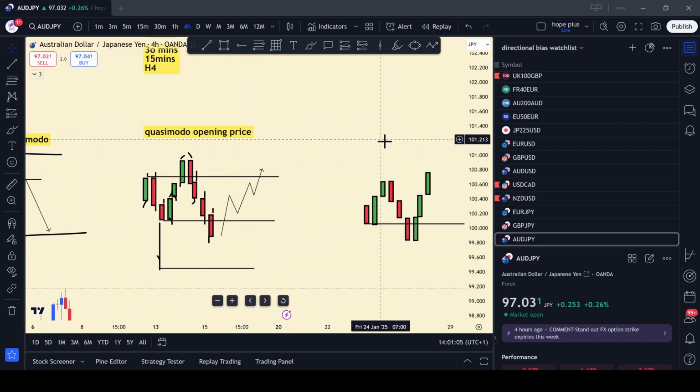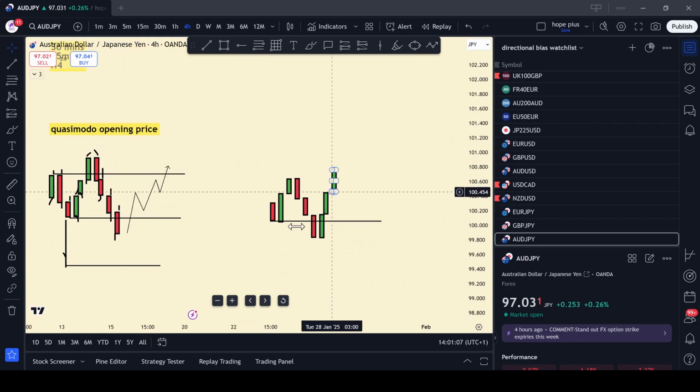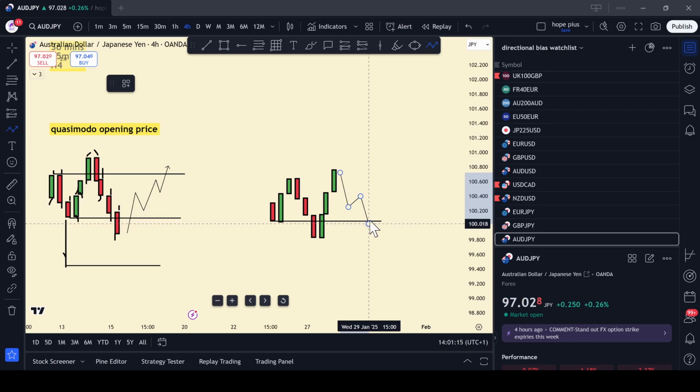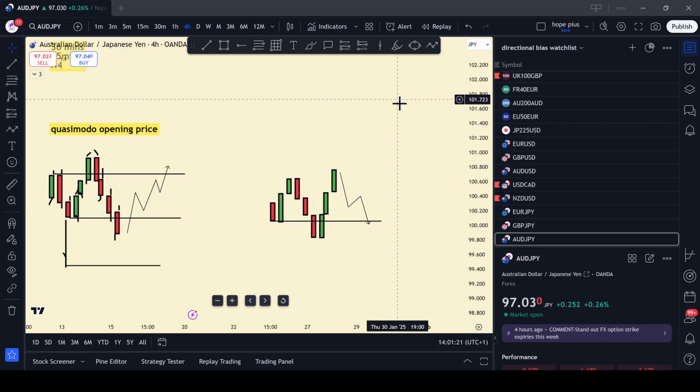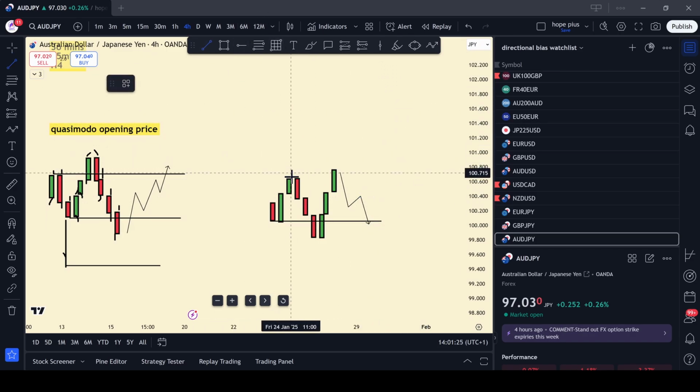Same thing applies with the bullish Quasimodo. All right, the difference is this is a bullish Quasimodo. So in this case, I'll wait for price to come back down to my Quasimodo opening price. Then I formulate my trade setup for the upside. And as you can see, this is legit because it closes above the Harami candle, which is the reversal opening